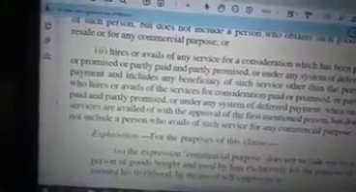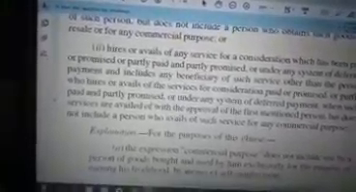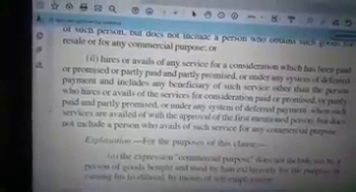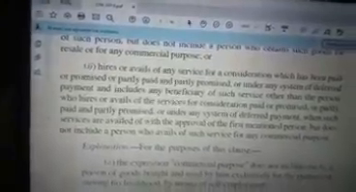In this case, consumer means any person who hires or avails of any service for a consideration which has been paid or promised, or partly paid and partly promised, or under any system of deferred payment. Same thing. If you have understood the first paragraph, then you would not face any difficulty in understanding this paragraph. If a person avails any services and pays consideration for that, for example, a person went to a restaurant and ordered something and the waiter served those dishes to him, he is getting the benefit, he is getting the services, and for that